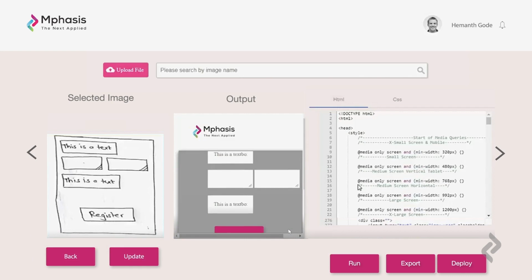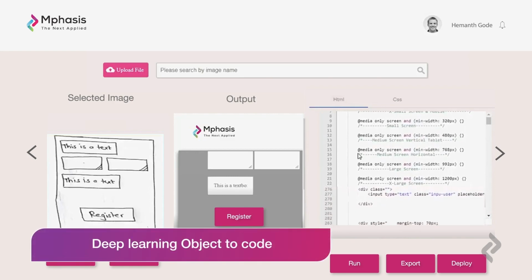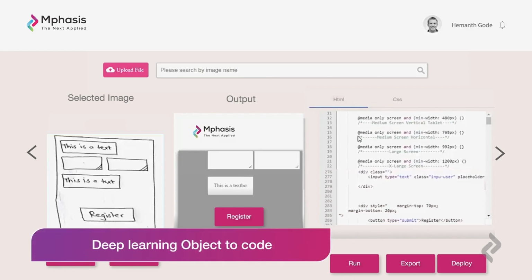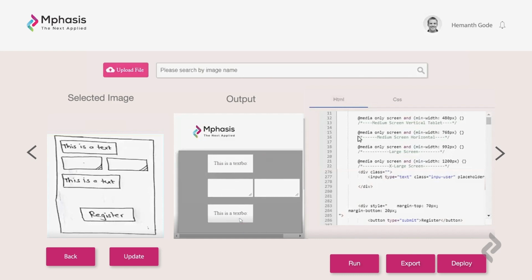It also shows the generated page preview in the output. Reuse the code directly in the code section to create the object and output. Export the code for further processing in other tools. Otherwise, click on the Deploy button to directly deploy on a cloud stack or some sourcing stack. Objects supported by AutoCode.ai include button, image box, text box, text area, combo box, search box, paragraph, help, logo, radio button, checkbox, table grid,